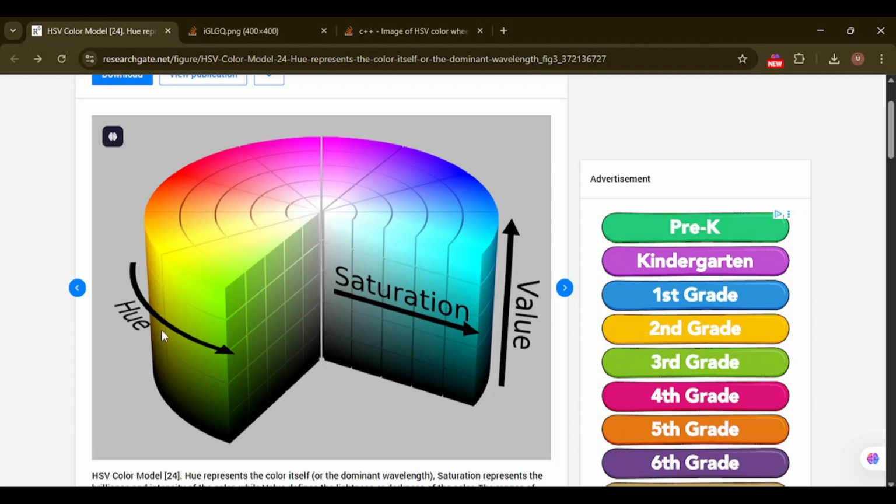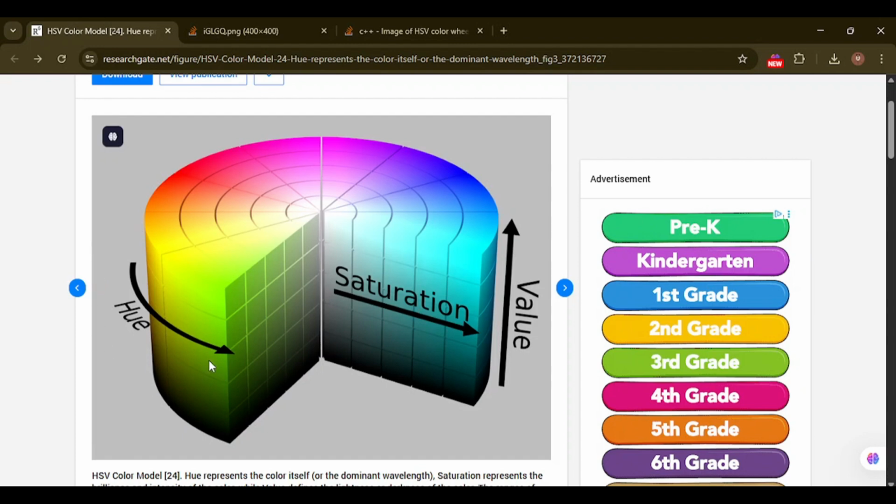Now over here, we have three channels as well, but we're not going to use all three of them. Value is concerned with the brightness of the color, whether the color is dull or very bright. Saturation is concerned with the intensity or the purity of the color. How much of the blue element is there? What is the intensity of the specific color that you are using? This is going to be very pure, and this is not pure at all. But we are not concerned with saturation and value. We don't have to go into that much detail.